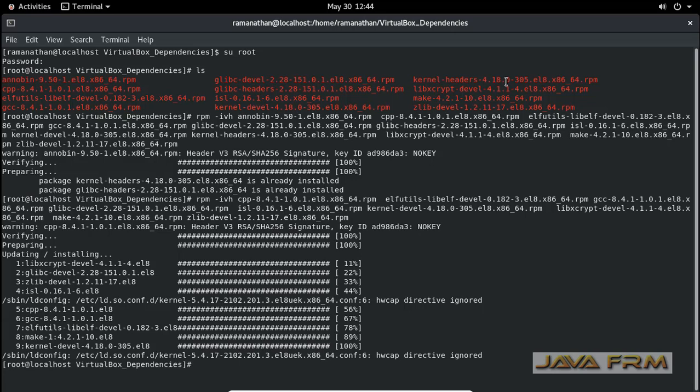Yes, all the dependent RPMs required for VirtualBox Guest Additions are installed successfully.